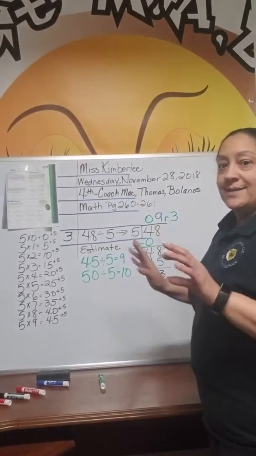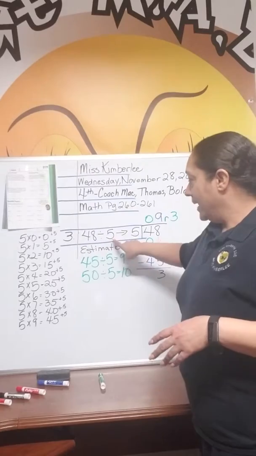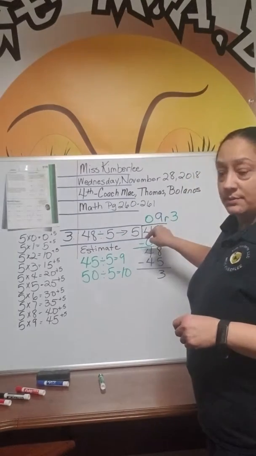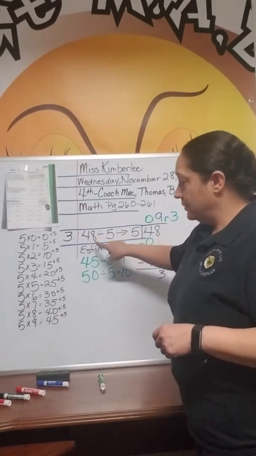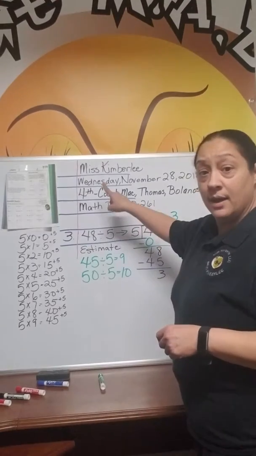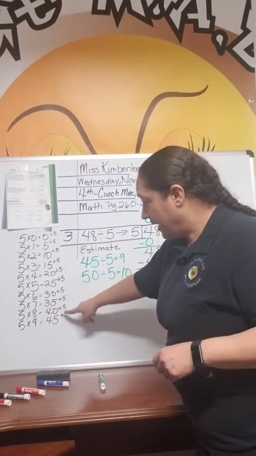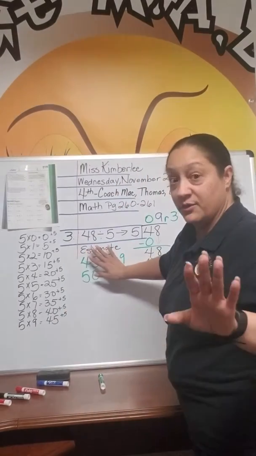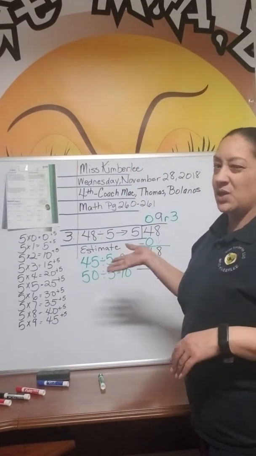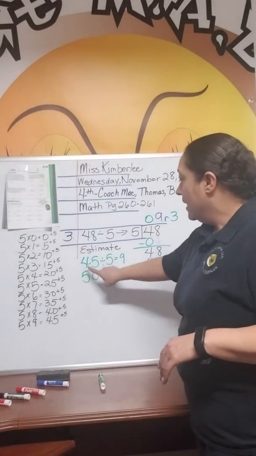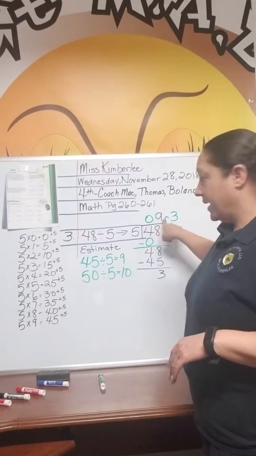So now that you know what the exact answer is, it's much easier to go back and estimate. So what I do is, you already know that 5 can't go into 4. So you know that you have to use 48 to round. So 48 up would be 50, 48 down would be 45. So you can see here 48 would be 50. So you have 45 and you have 50, but you don't have that on your list, so chances are you'll probably use 45. So you change that to 45 to estimate,